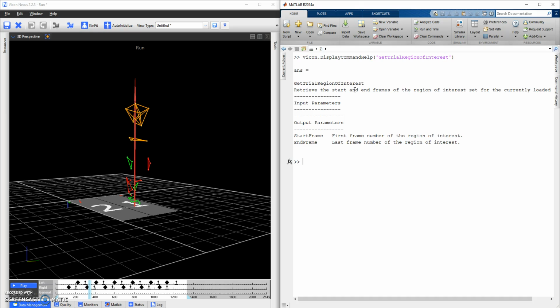I'm just going to press enter now, and I get that this will retrieve the start and end frames of the region of interest for the currently loaded trial. So there needs to be an open trial for this command to work. We've got no input parameters, but we've got 2 output parameters. So essentially we need to leave space for 2 outputs in the order that they appear here. Which means that my first output will be S frame, I'm going to call that, and my second will be E frame